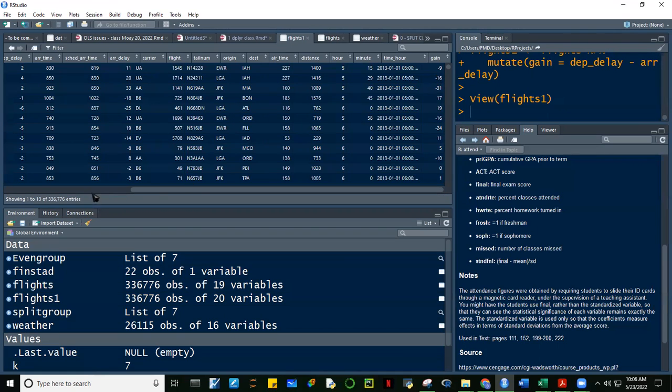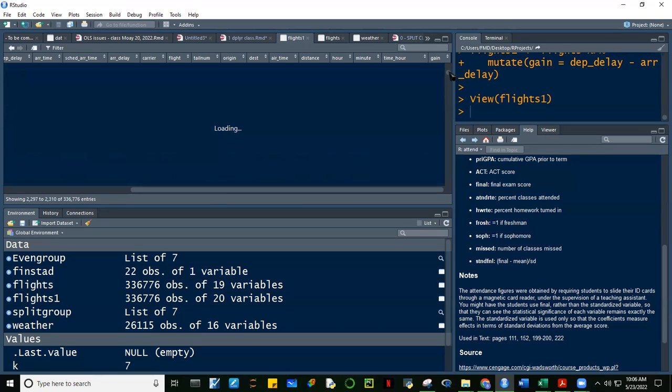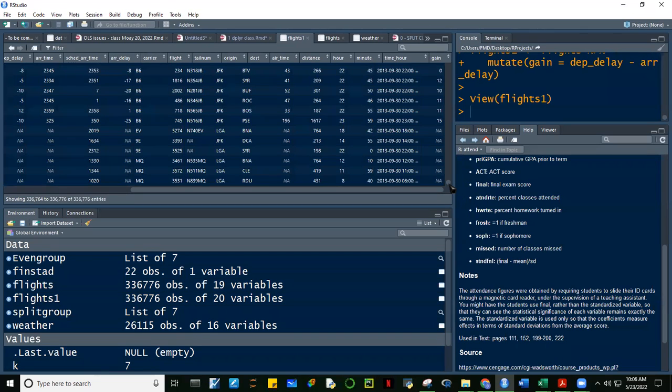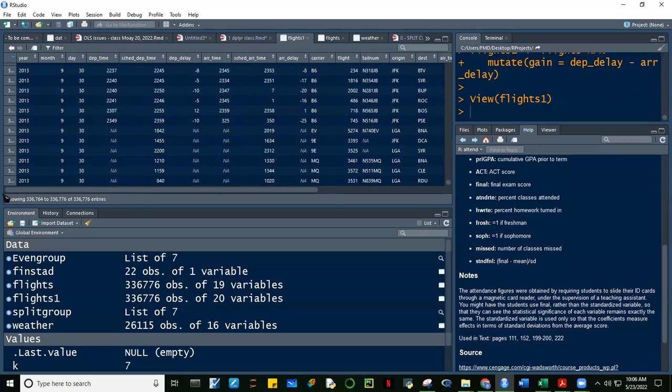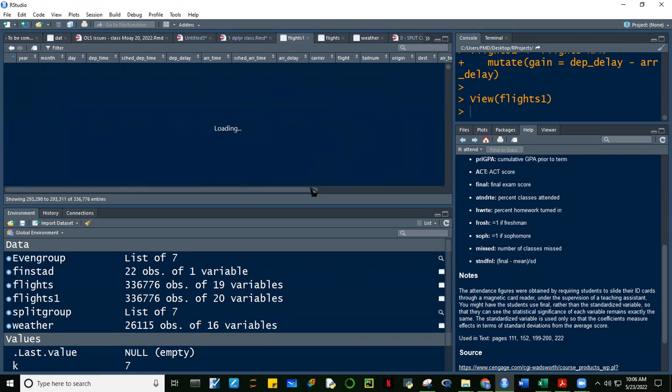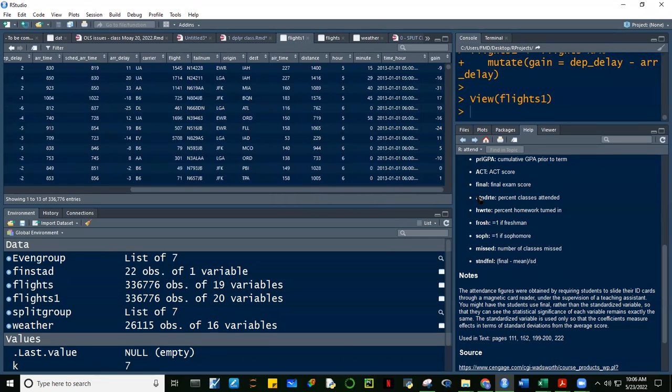Okay, so out of the 336, ilan ba yung may mga ano? Ilan yung may mga negative na gain? Okay, wait. Okay, so yung negative na gain, of course, guys,